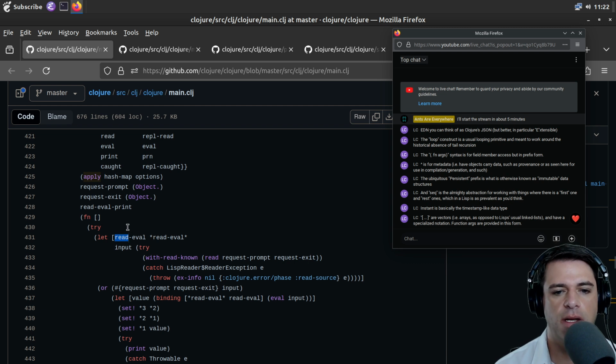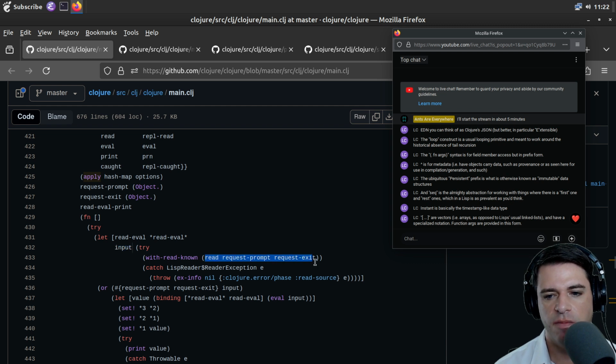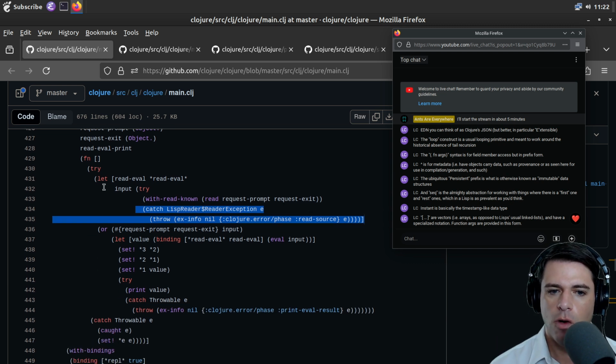I assume this is let binding. Let bind read-eval as whatever star read-eval star is. And I guess this is probably trying to get the input. Try read with known, read request prompt, request exit, and maybe throw an error if there's a reader error.